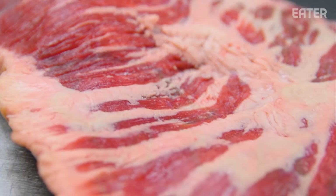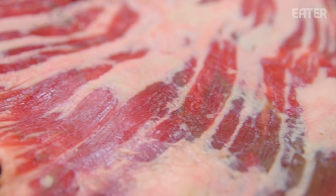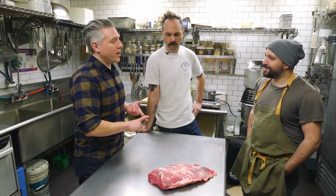Let's talk a little bit about the cut. Decal, also known as the second cut or the point, it's the fattier part of the